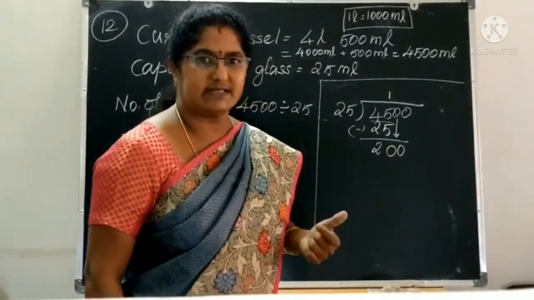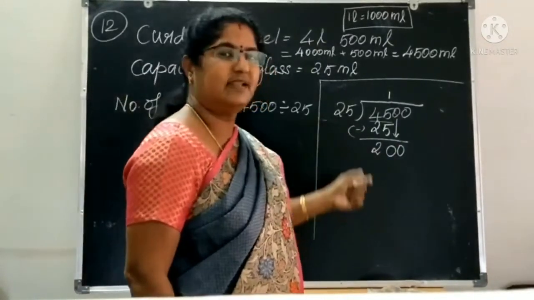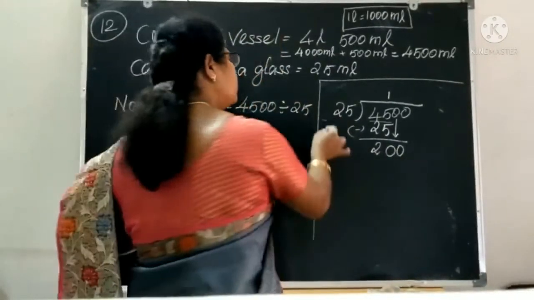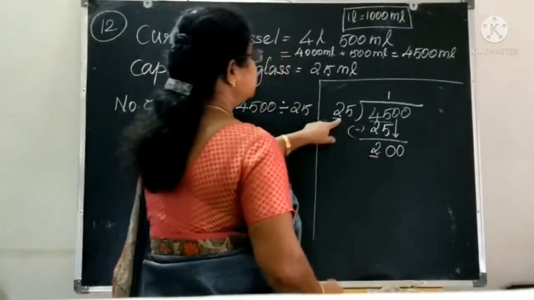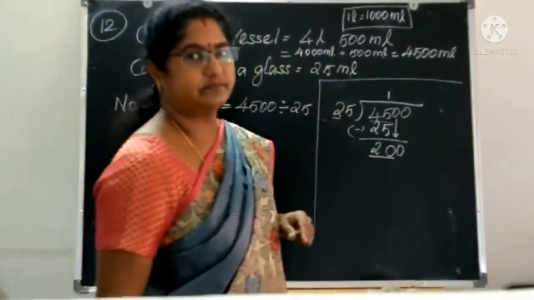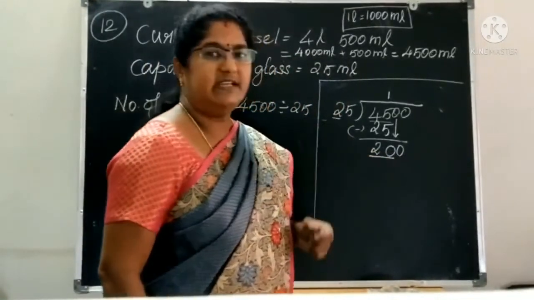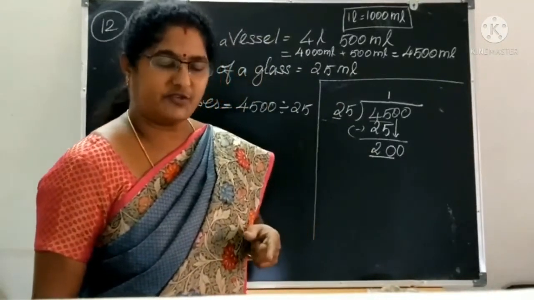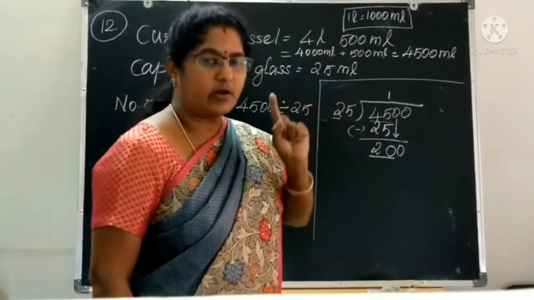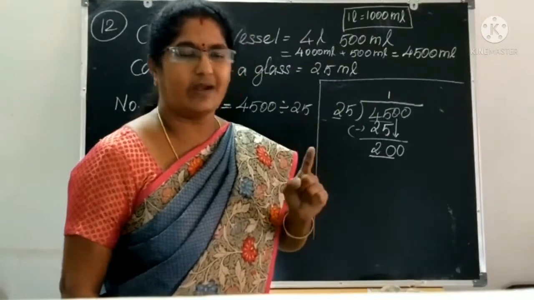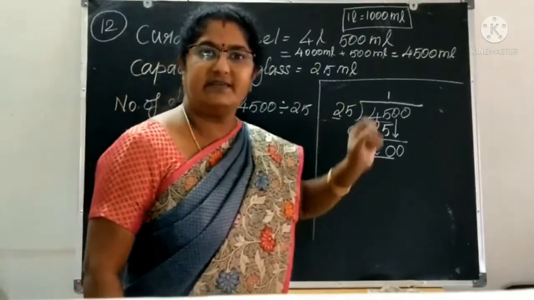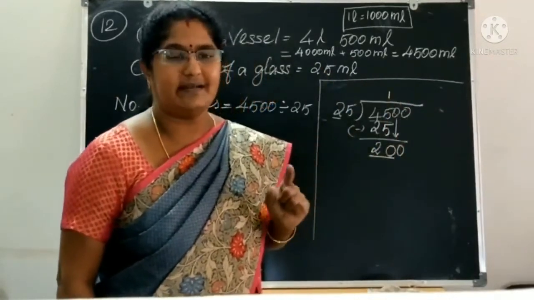So how many times is it? The same way you have to check. Up to 200 you can't say, so you go to comparing. This is 2 digits, this is 3 digits, so you have to take 2 digits here. So 20: in 20, how many 25s? Can we write 10 in the quotient? No. In a quotient the highest number is 9. Only a single digit we have to write. For each division we should write a single digit, should not write double digits.